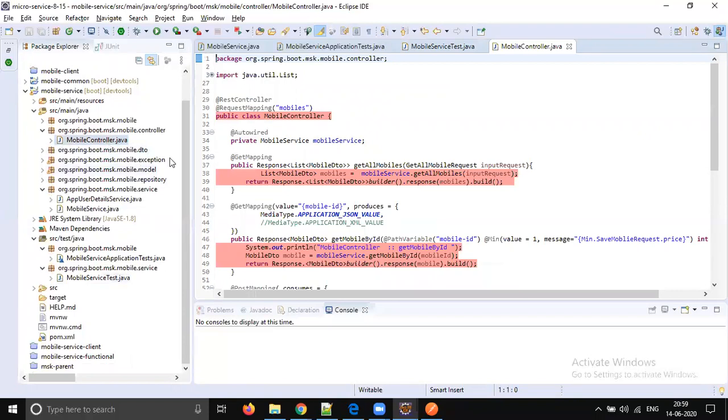You directly hit the get mapping, put mapping, post mapping, and you expect some JSON data back. You verify whether the status code is 200 or not, whether the JSON has the proper response or not. That is integration testing. If you are sending JSON data and getting JSON data back, that is integration testing.